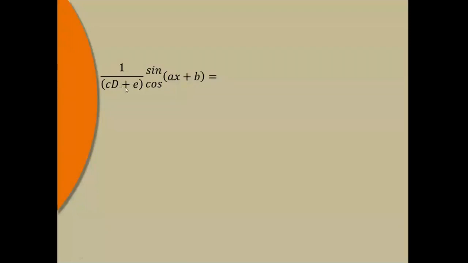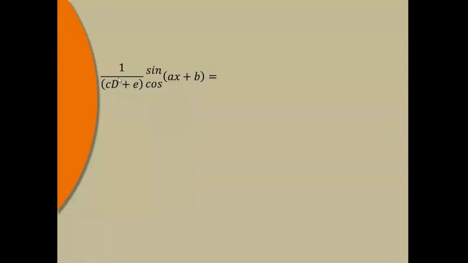Either you can solve this by using the general method, that is, use the formula of d plus m1 and then simplify, that is by taking integration and all that. It becomes quite difficult. The other way is to try to bring d square over here. One way is to bring d by multiplying and dividing by d. It becomes cd square plus e into d. Then replace d square by minus a square. But again here a single d will remain. Then again to remove that it becomes difficult.